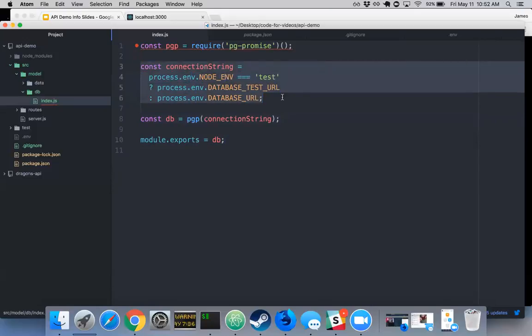The reason why I'm not live typing this is because I don't trust myself to be able to remember it and explain it. This is something I usually do once per project, and I don't honestly have it memorized. So first, I'm creating a variable called connectionString. And this variable is going to be passed to the pg-promise call. So when pg-promise runs, it's going to grab this connection string information,